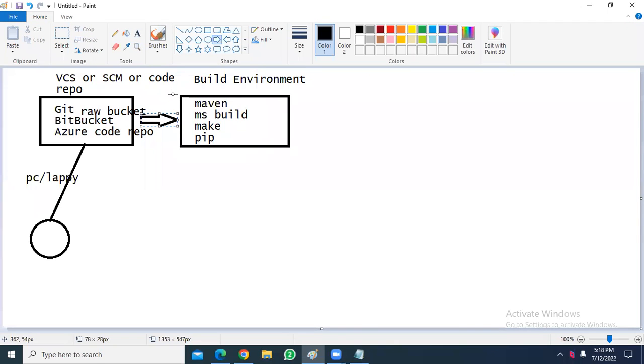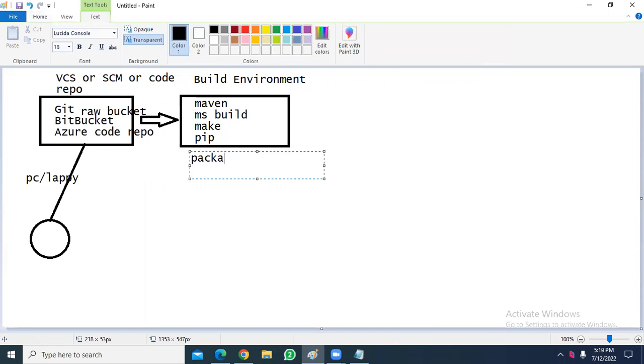Once the code is submitted to the build environment, the Maven or MS Build or Make or PIP tools are going to create a package. The outcome of this build environment we can also say is a package or artifact, or complete application.